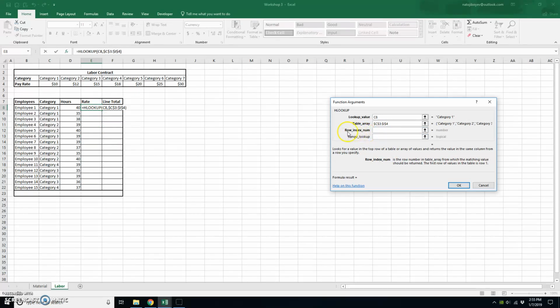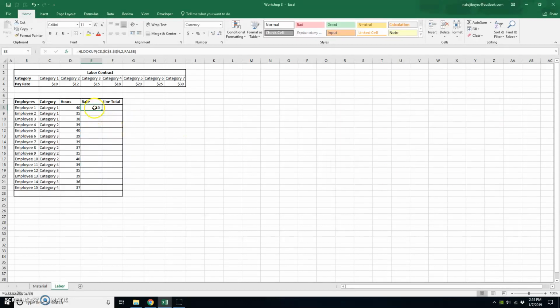And we want to bring the second row. We want to look for the name of the category in the first row, and we want to bring the second row value, and we want the exact match, so we type false. Type that, it's right. So we're looking at the category up here, and we are bringing in its pay rate,